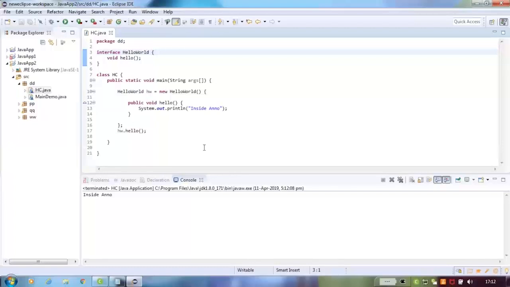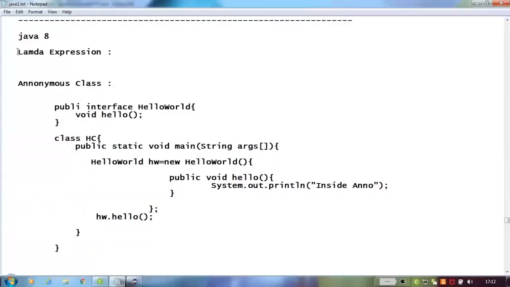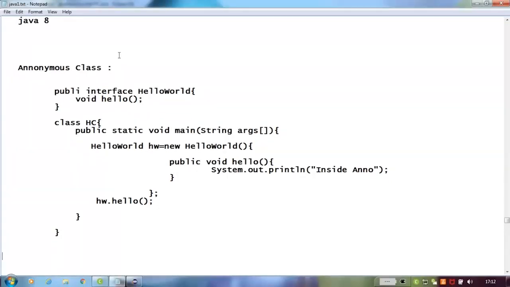Okay. Now I'm talking about the lambda expression. Now this is an anonymous class object. Fine. I'm talking about lambda expression. So lambda expression,